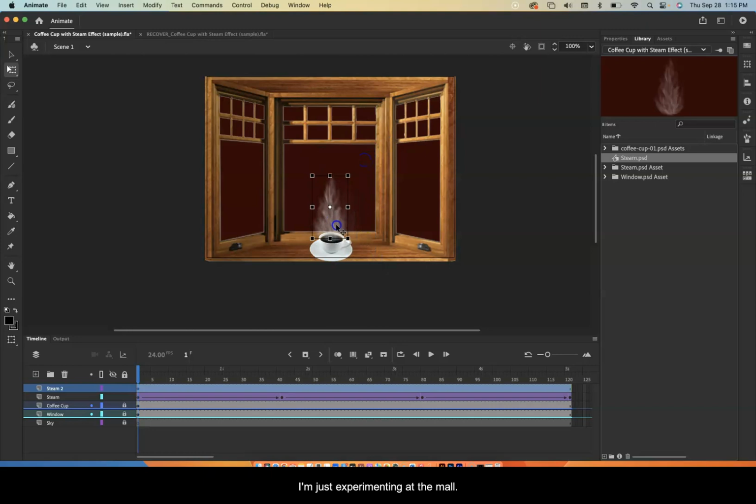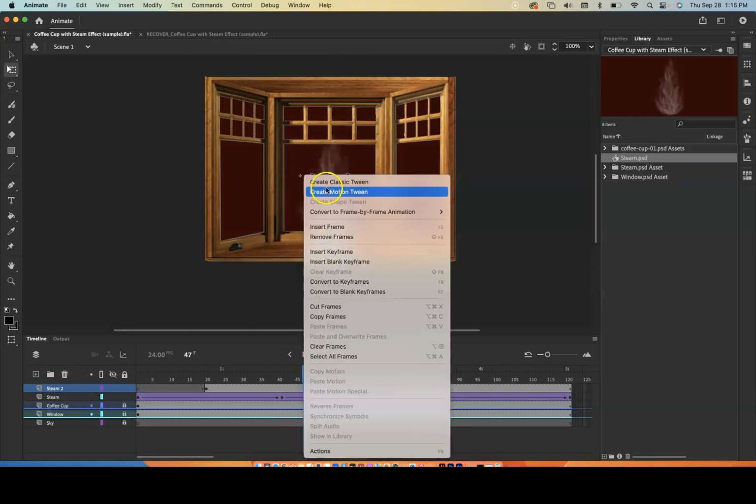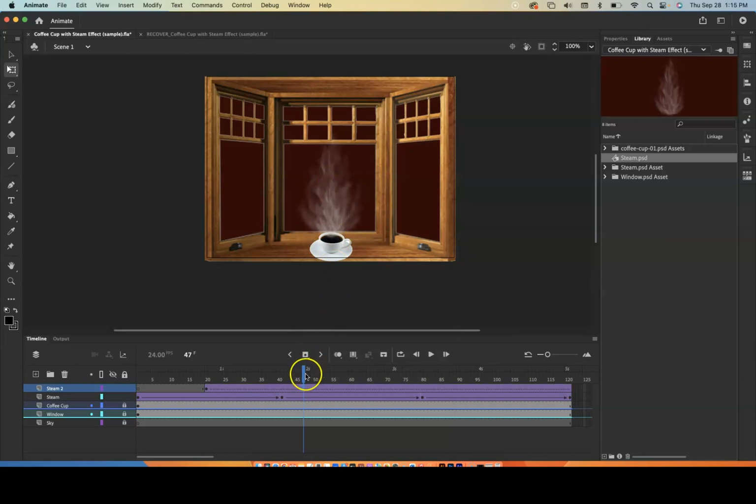I'm just experimenting at the moment. And so I don't want this steam necessarily to be visible at the same time, though it doesn't look too bad. So I might move its visibility out to maybe frame 20, and then have this animated in a similar way. So I'll add another Classic Tween. And maybe right about here,